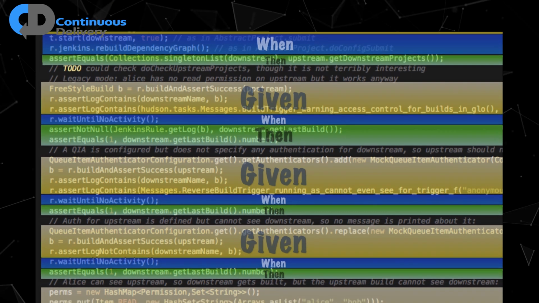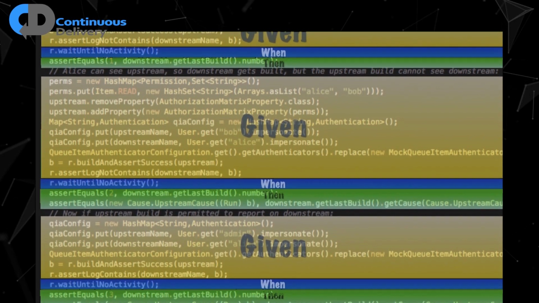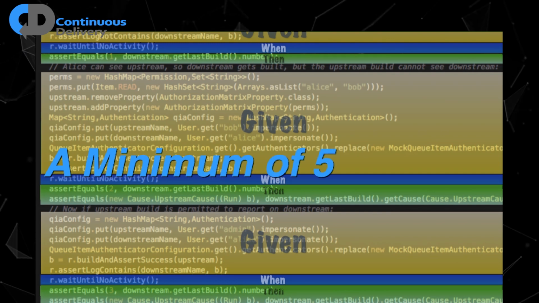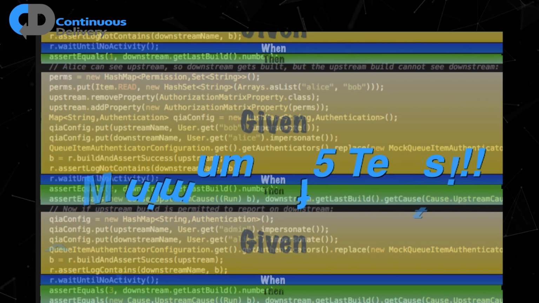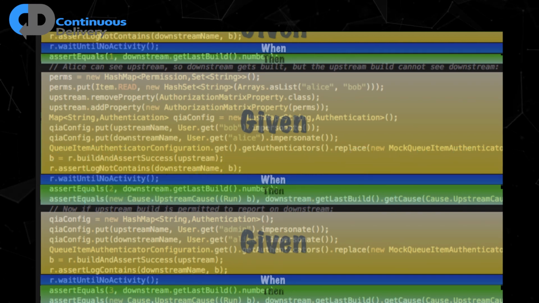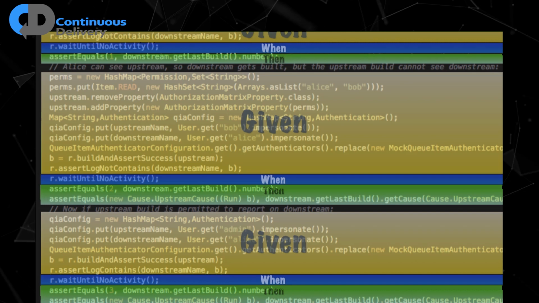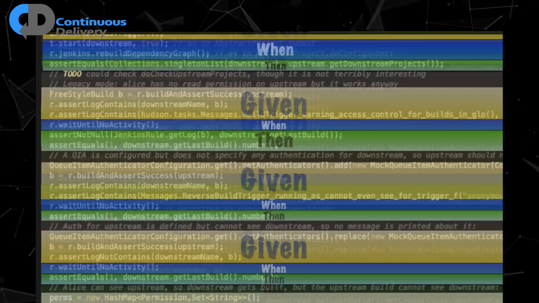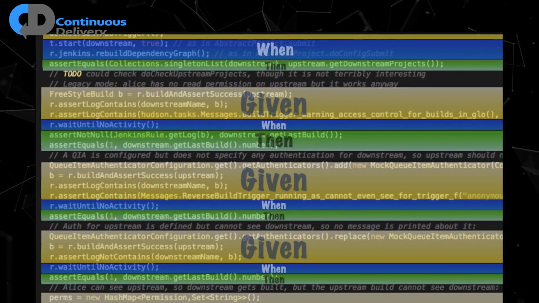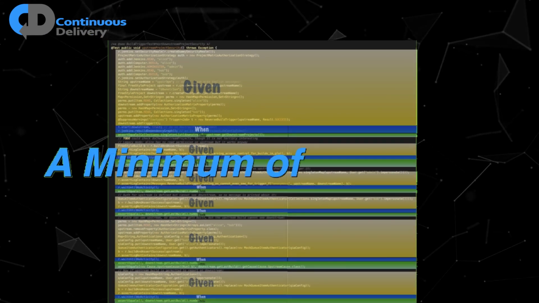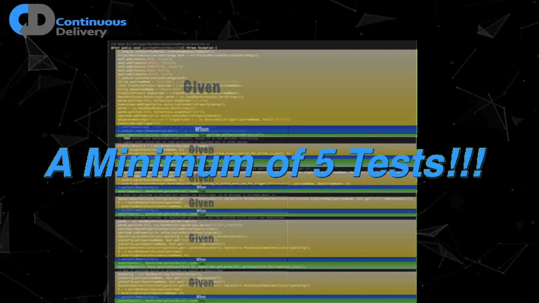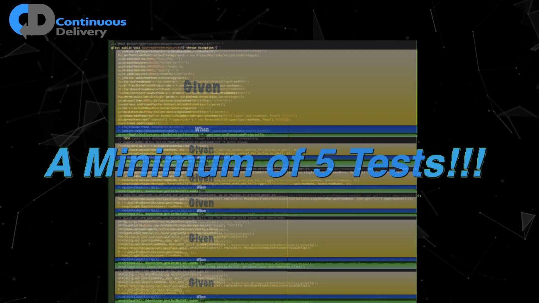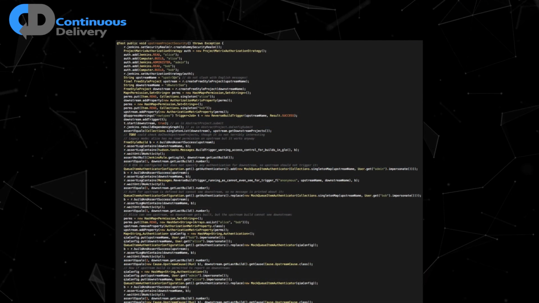Okay, so if I get a failure towards the end of this, how do I know what went wrong? Is this failure close to where it fails, or was this failure caused by something else that happened earlier? It's going to take me a while to figure that out. If you just base the analysis of this case on the number of given, when, then combinations in this scenario, there's a minimum of 5 tests here. And that's all compressed together into one test. Clearly,